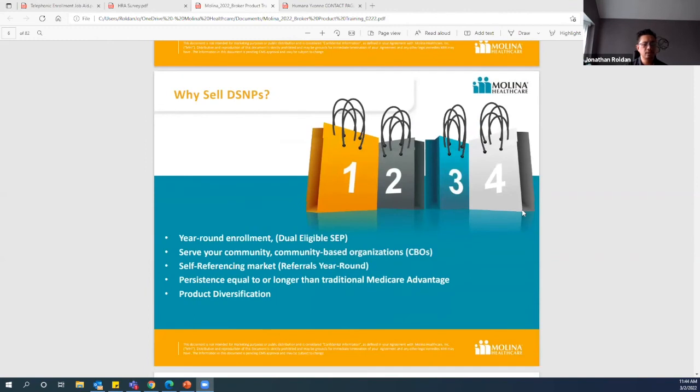We talked about earlier the year-round enrollment. We've shared about serving your community through community-based organizations. They will refer you, as we just stated, and the persistency, which is important to all agents. They will stay with you, provided you provide the good service that they need, and we can help you do that. Any questions on that thus far? Okay, we will